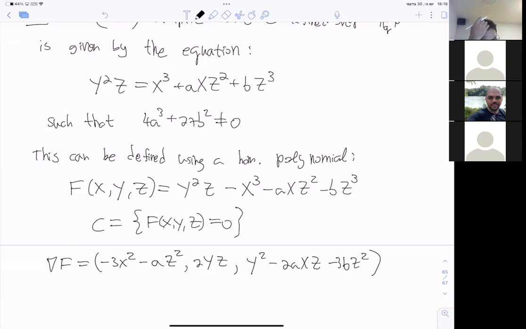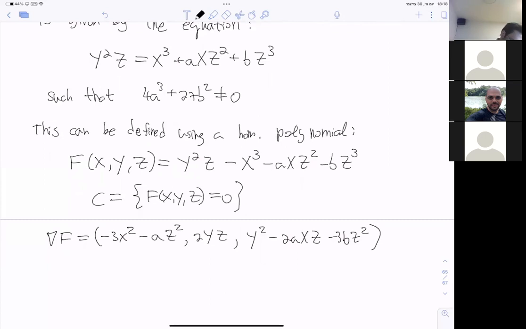Now we don't want this to be a zero vector at some point. So if we move this point,